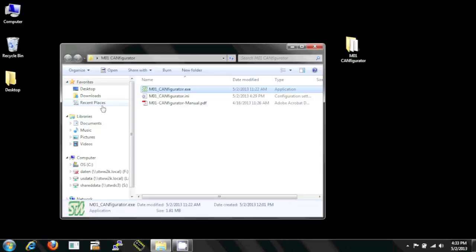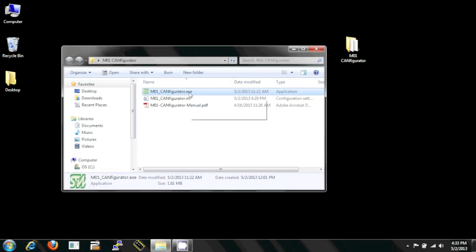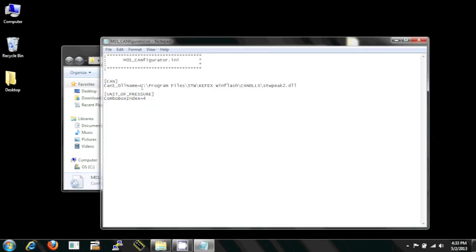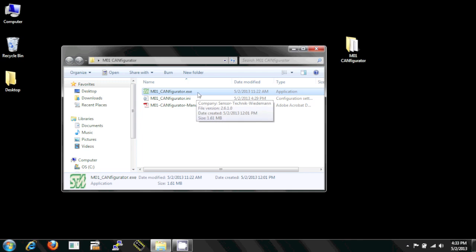So moving on to the actual program, you should have something similar to this, where you've got the M01 CANfigurator exe program file, the INI file, which is the configuration for the CAN DLL. It is where you tell the program where to find the driver for the CAN dongle that you're using to connect to the sensor. And then also the configurator operator manual. So right now we'll go into the CANfigurator exe file,